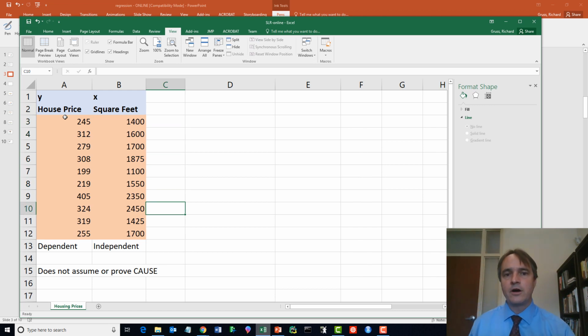In order to prove a cause, you have to have very tightly controlled experimental conditions and random assignment to conditions and manipulation and so forth. But so we can't do that just by analyzing existing data. So